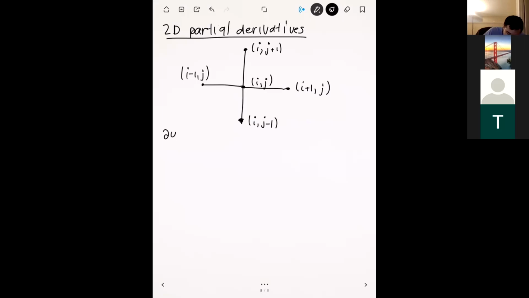Okay. And so we can form all the partial derivatives of u in this case too. Okay. So let's do partial u, partial x. And so if we want to compute the x derivatives, we're going to use the neighbors in the x direction. So the left neighbor and the right neighbor. Okay. So this is going to be u_i plus 1, comma, j, minus u_i minus 1, comma, j, divided by 2 delta x, okay? And so delta x would be this distance right here,